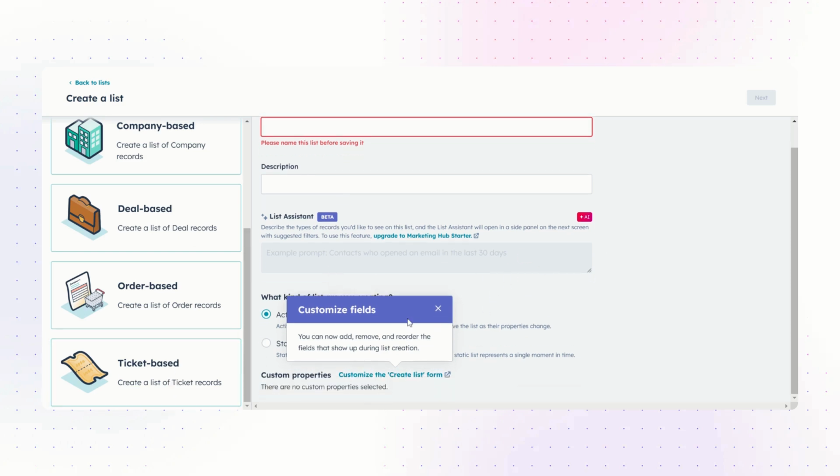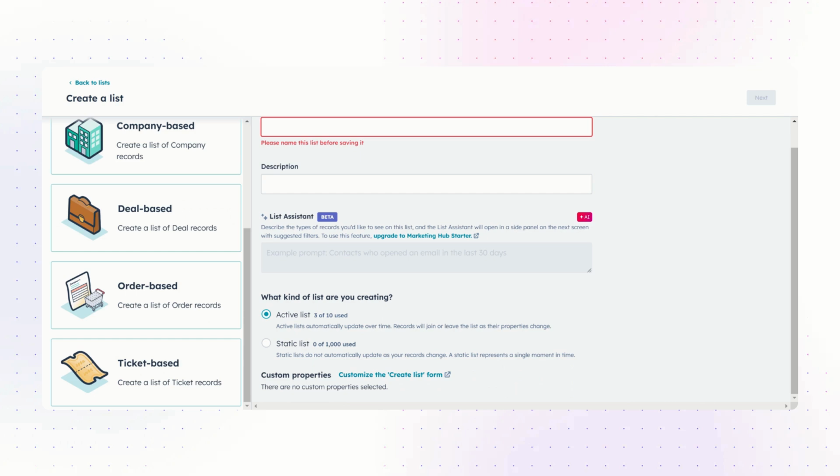Now, as I said, there are two types of list: active list and static list. The active lists are dynamic lists that automatically update based on certain criteria. For example, if you create a list of contacts who have opened your last email, HubSpot will automatically update this list when someone new meets that criteria.